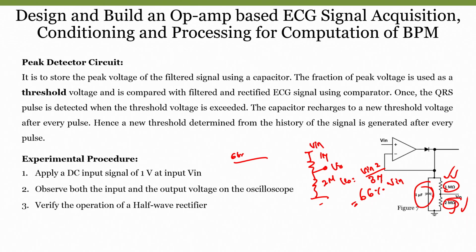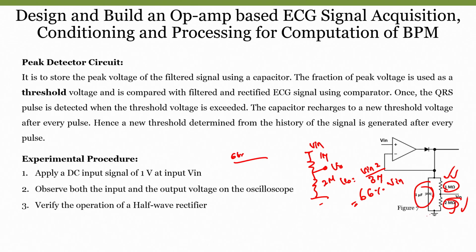When we choose a lower resistance value, the resistance requires some current to operate, right. Because of that, it creates a loading on our input signal. So, in order not to have any effect on our input signal, we take a very high input resistance, and it will not load the input signal. So, rather than going with 1 kilo or 100 ohms, if I go with mega ohms, the loading effect will be small. That is why we are using 1 mega and 2 mega.